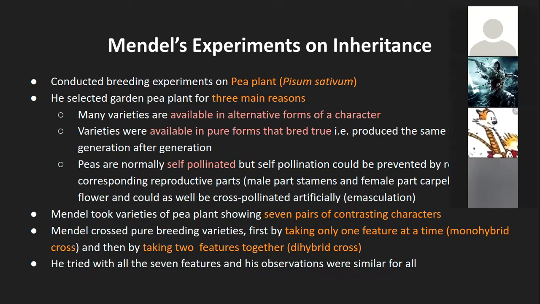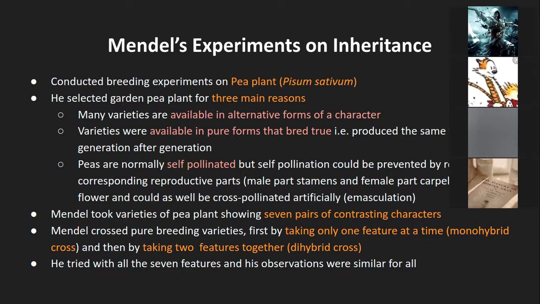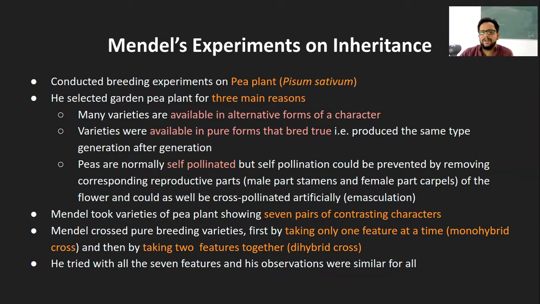And like I said, this fellow, Gregor Mendel, he was present between 1822 to 1884. So that time, in the 19th century, he did all these experiments, and he established the basis of genetics, which is really excellent. So as we already know a few of the facts, he experimented on the pea plant that is called Pisum sativum, which is the scientific name of that plant. And the reason why he chose this particular plant was because of three main reasons. Of course, there are several other reasons, but these were the three main reasons.